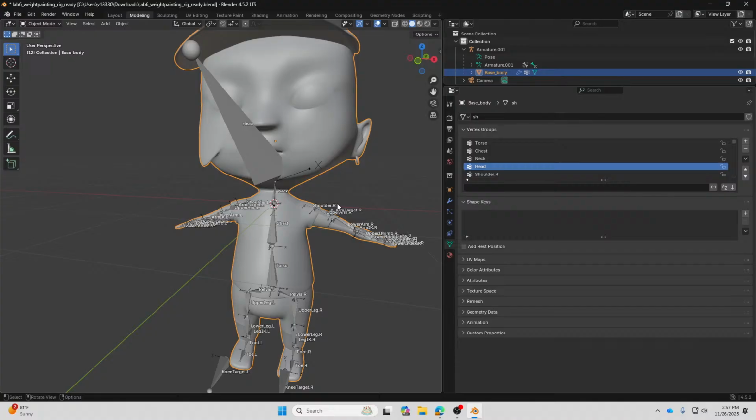Okay, now I show you one common mistake. Okay, I show you the correct way first, and then I show you how to fix the mistake. Now, when you work with this, this is one way of doing the weight paint.